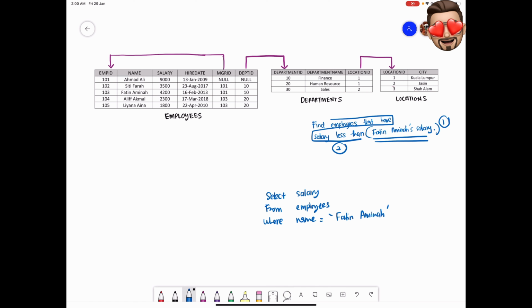So after we find, so what is the value over here? The value is 4,200. And now we find employees who have salary less than 4,200. So what we can do, select name and salary. This one coming from which table? From employees